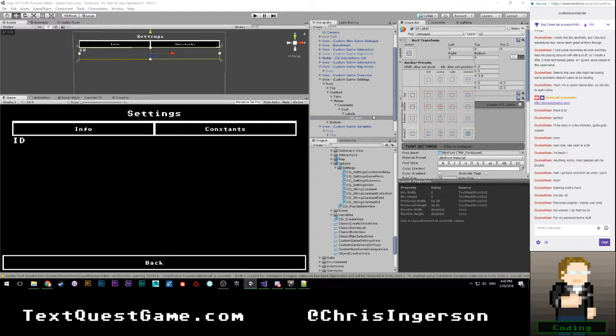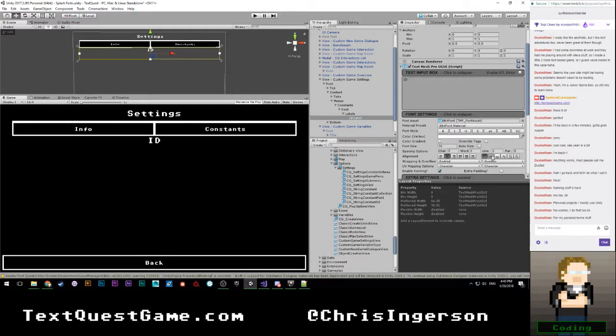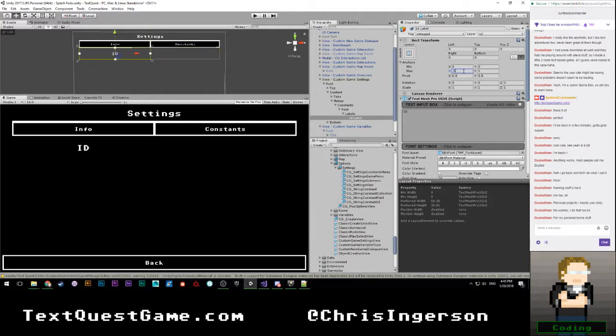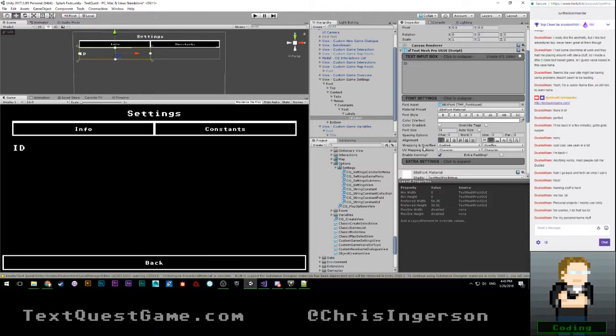Let's go ahead and just stretch that out. We're just going to have this be centered there for now. It'll probably be shifted a little bit further left, I think, so that it's kind of left aligned. We might as well actually just go ahead and do that. So like that.